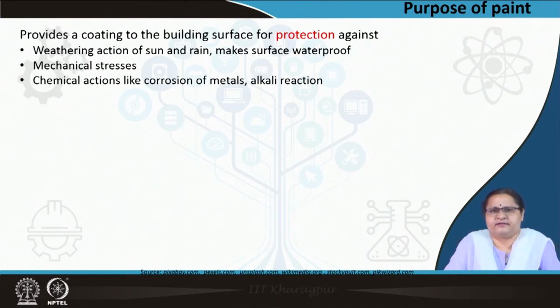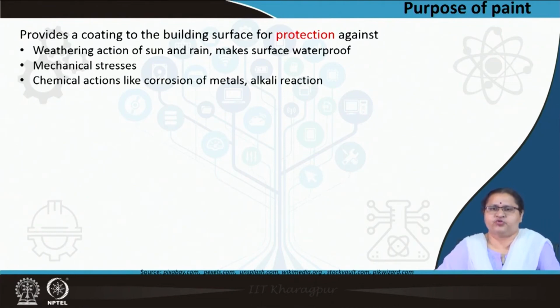Mechanical stresses, heat. Within the changes, thermal changes, the paint should be elastic enough to take care of such thermal changes. So, these mechanical stresses are to be taken care of. Chemical actions, one is corrosion, other is some alkaline medium, acid fumes. Your building cover should take care of these kind of